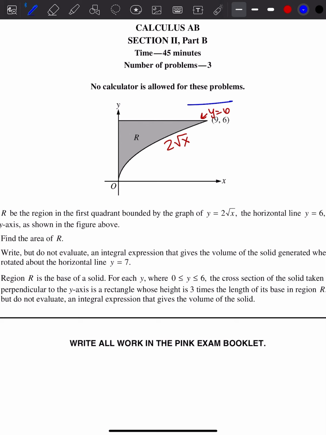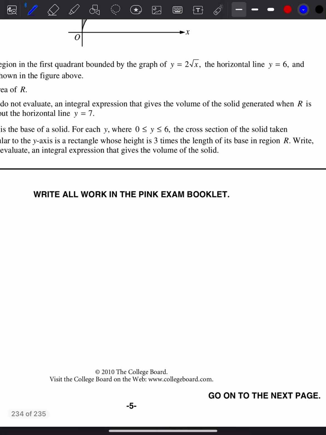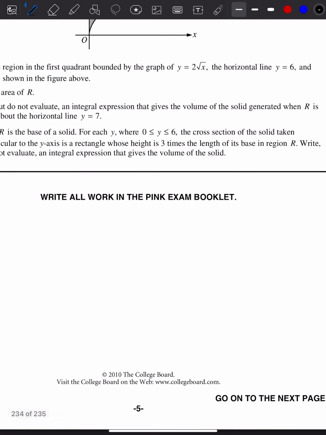So we need another line here that is y equals 7. One thing I would notice is that we have space between our axis of rotation and our functions. That means we're going to be doing the washer method. Our line is above, so we need to be a little bit careful. So our washer method